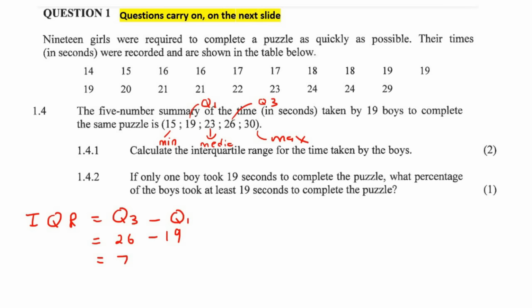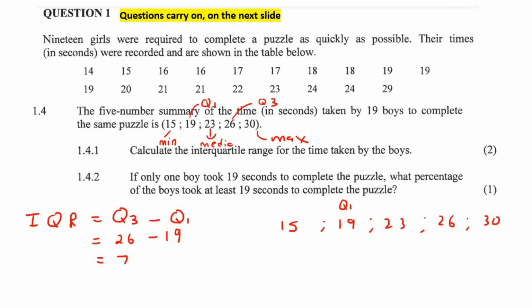If only one boy took 19 seconds to complete the puzzle, what percentage of the boys took at least 19 seconds to complete the puzzle? Okay, wait, what? Oh, okay, so it's not actually too bad. So what we must understand is that if you've got a whole bunch of values, okay, so we've got 19 boys. And if your 5-number summary is 15, 19, 23, 26, and 30,